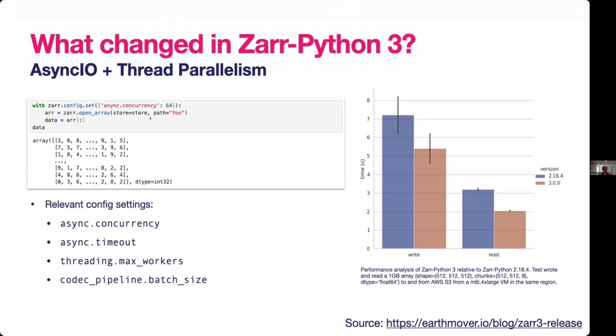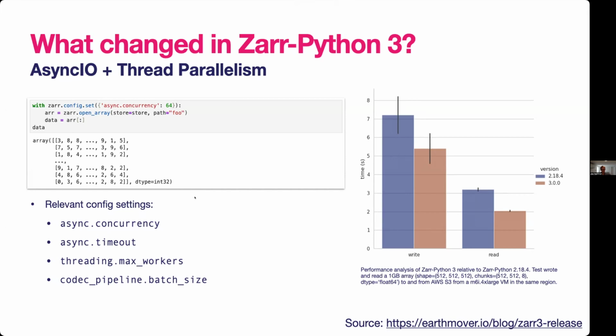And what I'm showing on the left here is an example of how you would control the amount of concurrency you want to use when you're reading or writing data to Zarr. So here I set async.concurrency, the configuration value, to 64. So I'm going to use up to 64 async tasks at the same time. I'm going to open that array, and then I'm going to write some data to it. And actually, this example is backwards. I don't know how I messed this up. If you're looking at the syntax here, something looks funny. But anyway, the point is you can set the concurrency, and